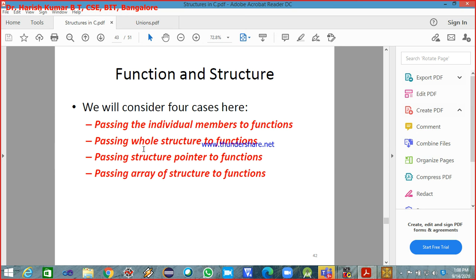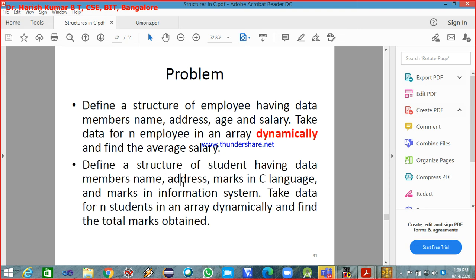Then passing structure pointers to the function, and also how we pass an array of structures to functions. All these four cases are important.